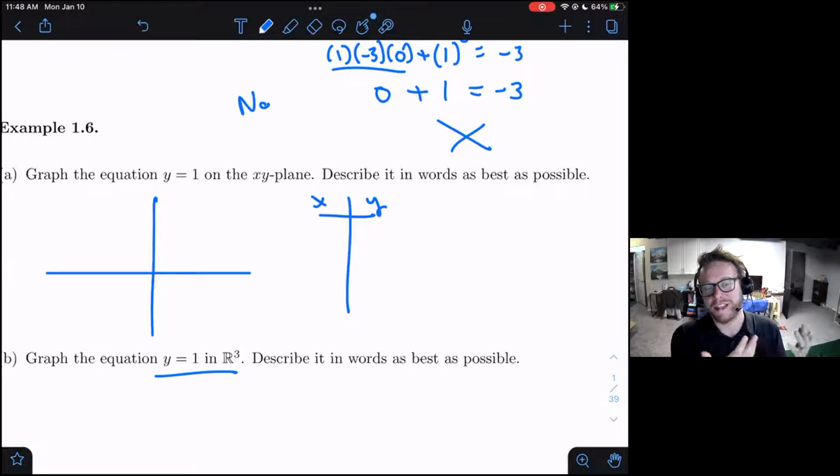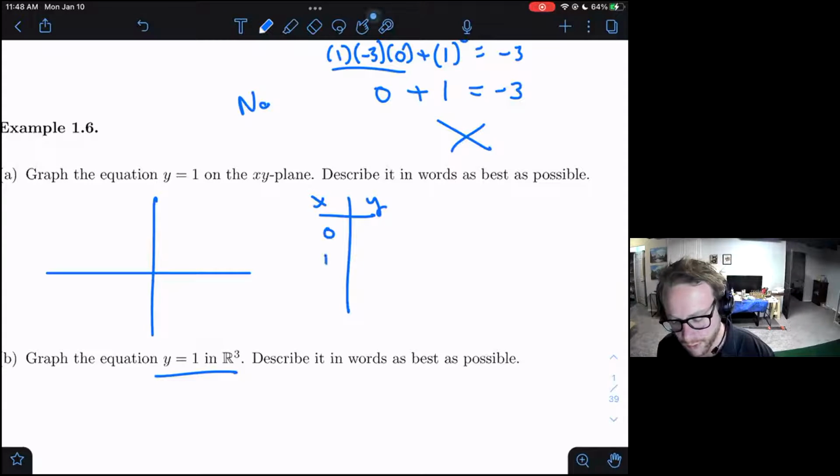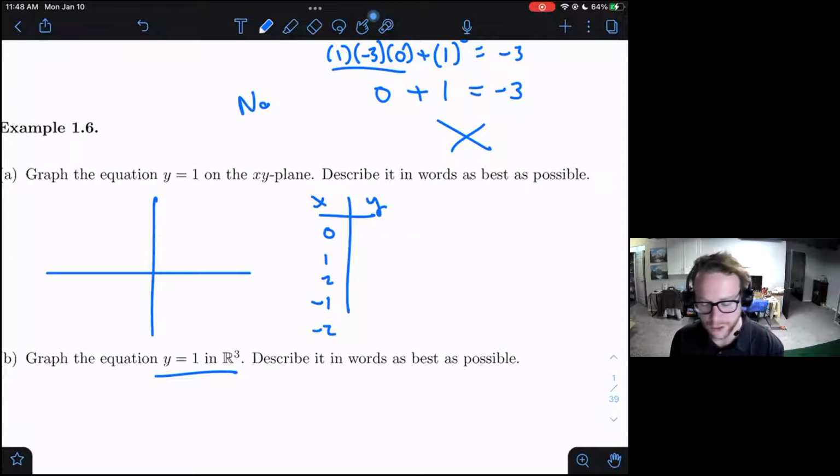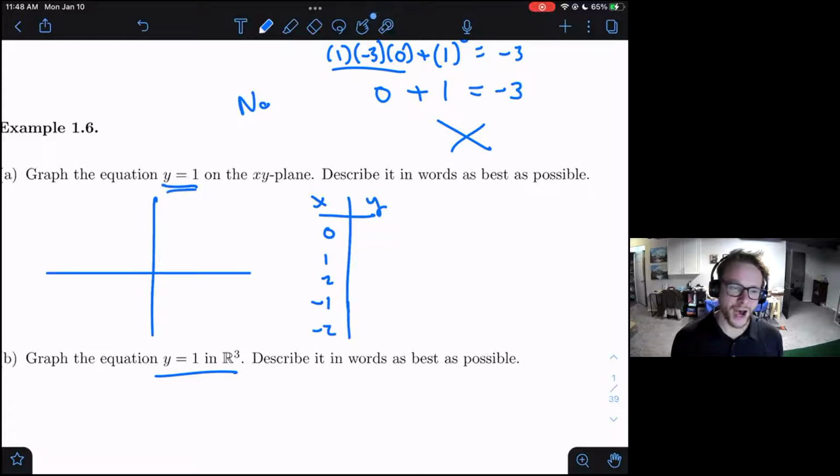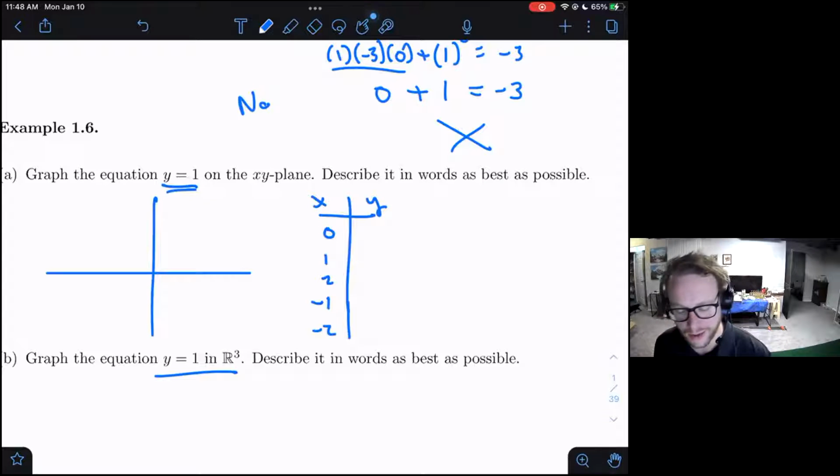And this, again, is a very simple one, so it's rather boring, right? So you might have chosen things like X equals 0 and 1 and 2. You may have even chosen negatives, like -1 and -2. And in this case, every single time you plug in any of these points, Y doesn't care at all about X, right? Y is just always 1, 1, 1, 1. So if you plug in 0 everywhere you see an X, Y doesn't care.